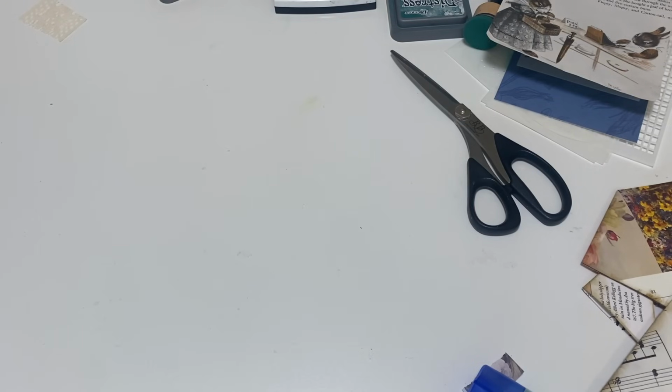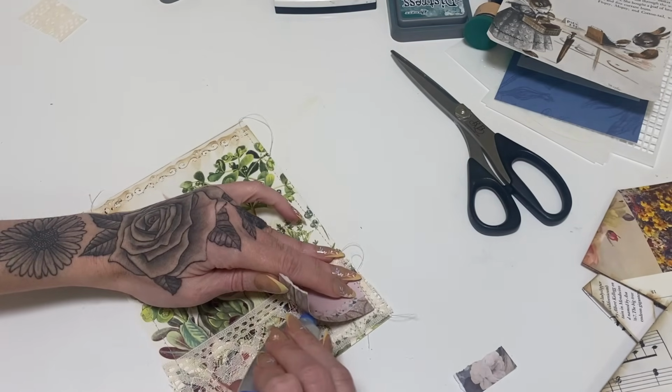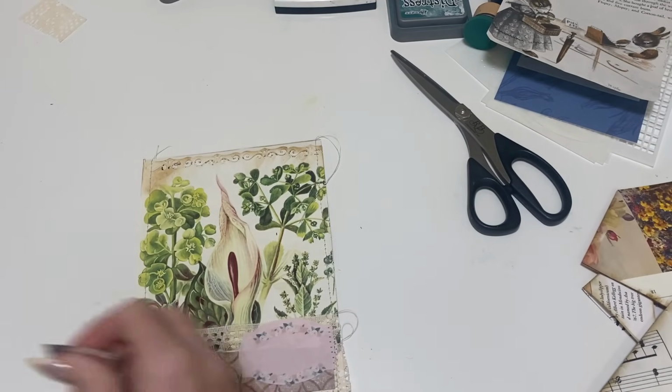To change my stitch. Okay. Sorry that I'm sewing off camera, but it's really hard to move my tripod. Okay, so here we go. I'm gonna glue that part down a little bit more, and